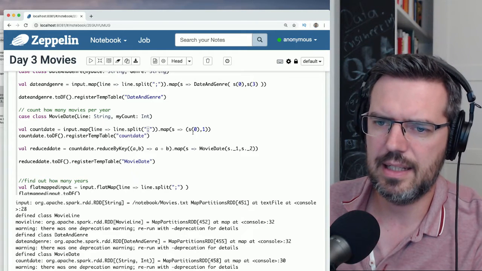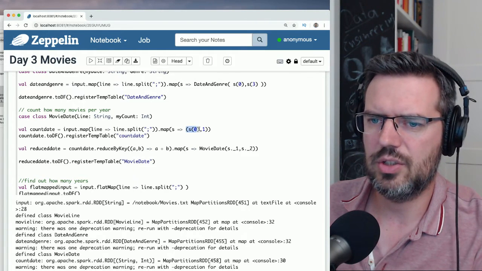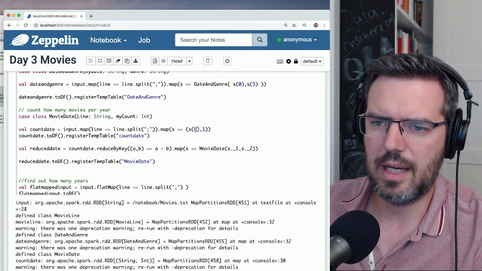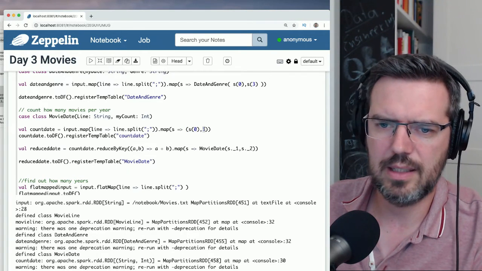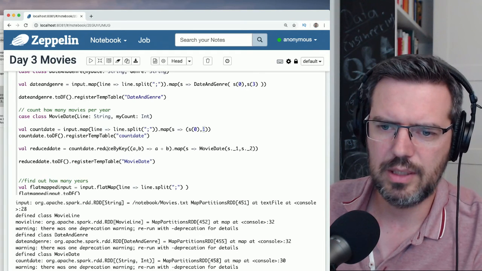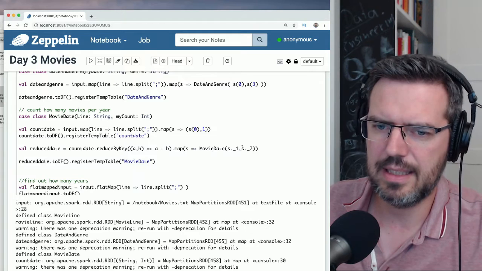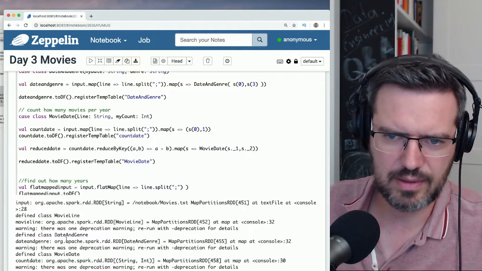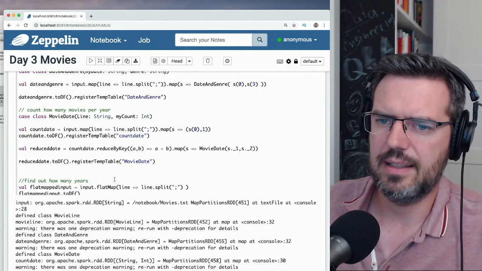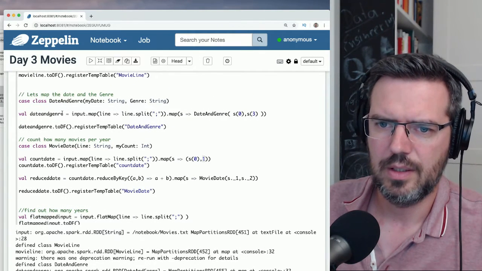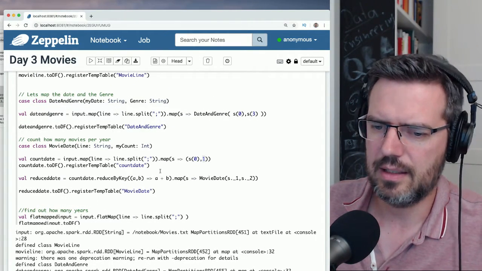We split the lines, took the year column, added a 1, then reduced it and put it into a template, and displayed it. In the other one we just split it and done.